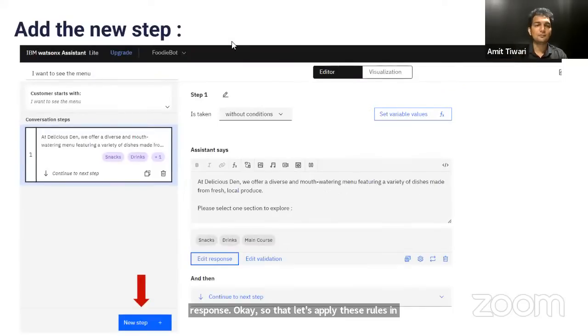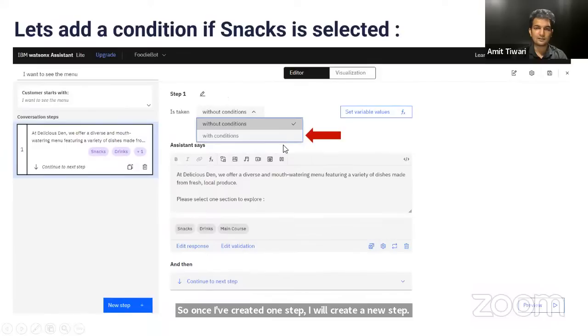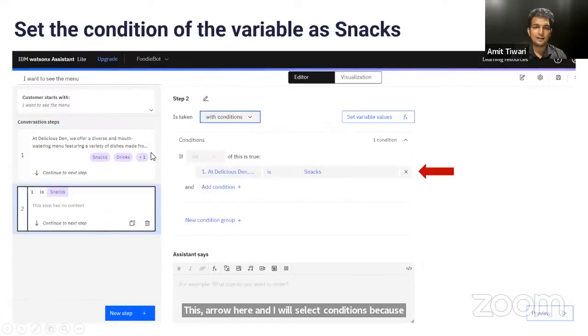So once I have created one step, I will create a new step. I will click on this one, new step here. Now I will create this step with conditions. I will click on this arrow here, and I will select conditions because now I am applying a condition for this, right? The next step,